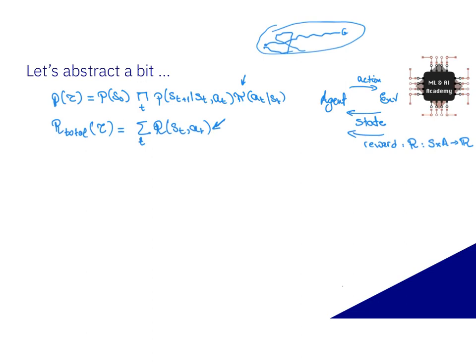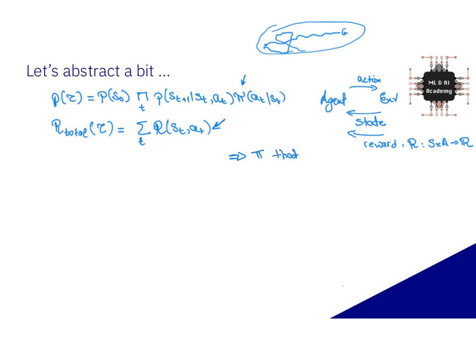We cannot say, just give me R total of tau to be maximized for one tau. Either you have to do it over all tau, so for every tau you want that to be maximized, but that's a very, very hard problem definition because you will have infinite number of possibilities. Or you can say, on average, I want a policy that gives me a big R total. So what I want is a policy pi